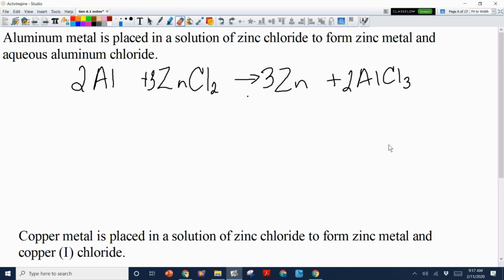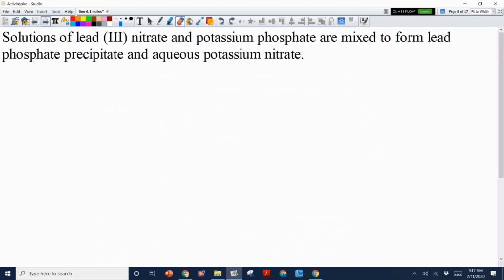All right, so it's your turn to do this. So what I want you to do is let's get this equation written out and then pause the video and see if you can balance it by yourself and then come back and look how I do it. All right, lead 3 nitrate, so that's Pb(NO3)3 plus potassium phosphate, K3PO4, yields